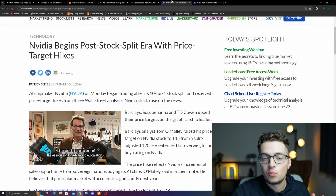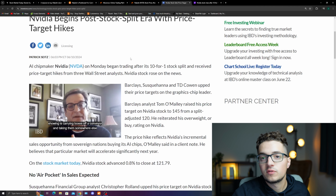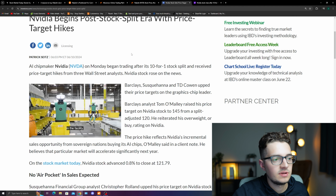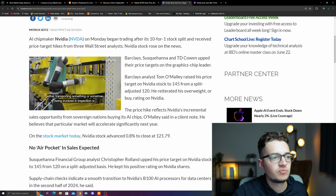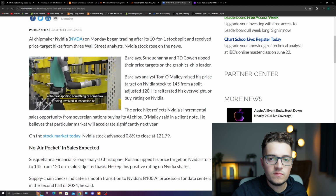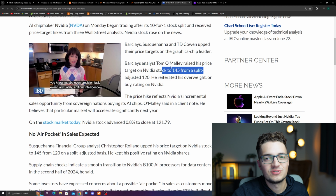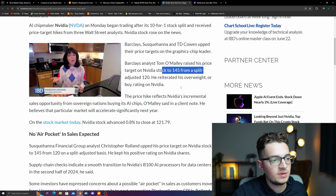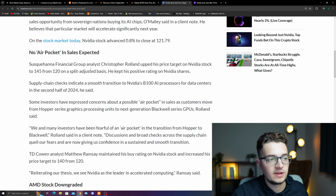Talking about what I want to pinpoint, and that is Nvidia right here, which begins its post-stock split era with price target hikes. Remember, Nvidia went through its 10-for-1 stock split, and what we are seeing here is Barclays analyst Tom O'Malley, who raised his price target on Nvidia to $145 from a split-adjusted $120. That's basically $1,400 looking at pre-split, and he reiterates his overweight and buy rating. And we are also seeing analysts of this financial group upping their price target on Nvidia stock also to